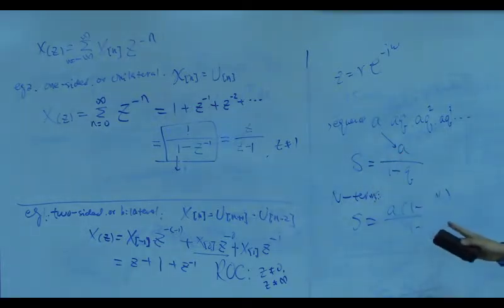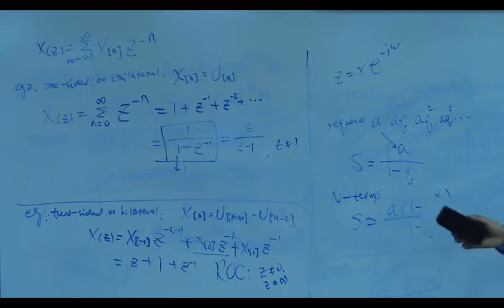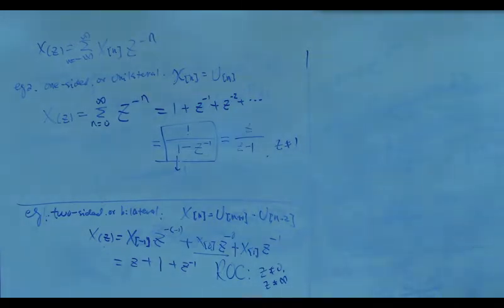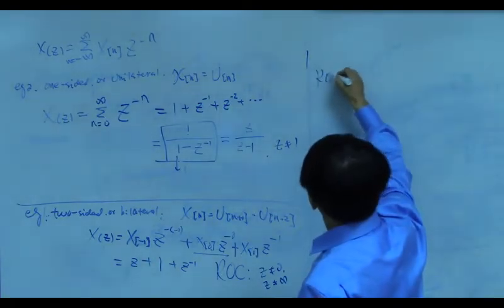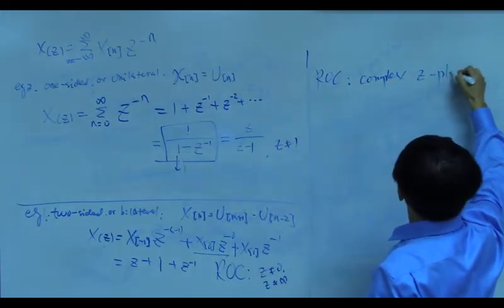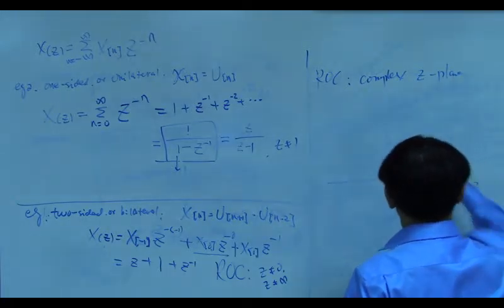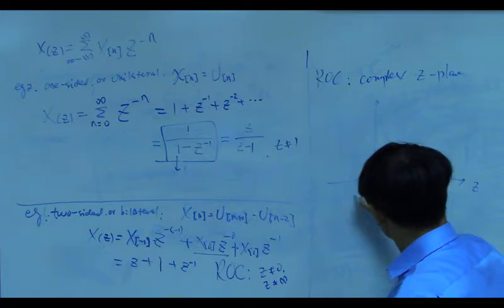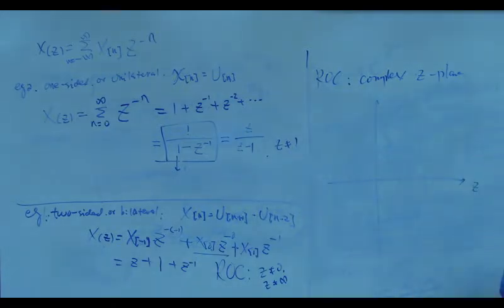Everybody write it? You need to use this. If you don't write it here, then you can check online. The region of convergence, we are going to use the complex z plane. So this is the z plane. Instead of half planes like the Laplace transform, we are going to use circles, like this. So the region of convergence can only be a circle. For example,